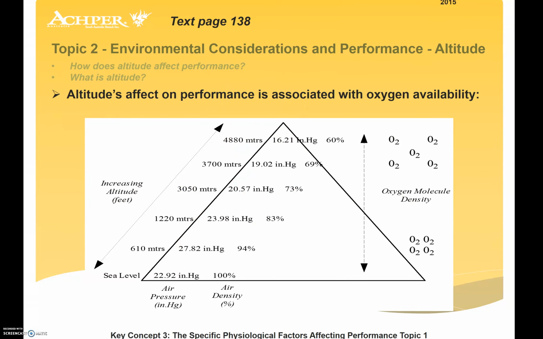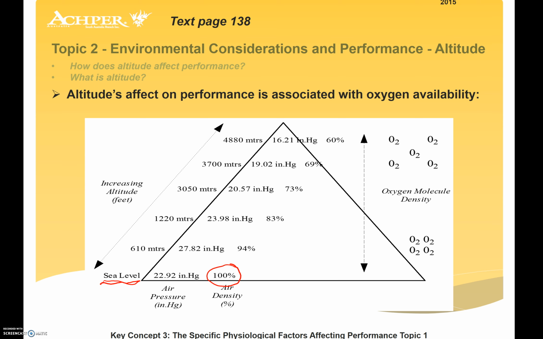So how does altitude affect performance, and what is altitude? It's associated with oxygen availability. Here we can see this concept of sea level. That's where we tend to live in Whyalla, where we're right on the level of the sea, so the air pressure and air density is fairly controlled. So we're at that 100%